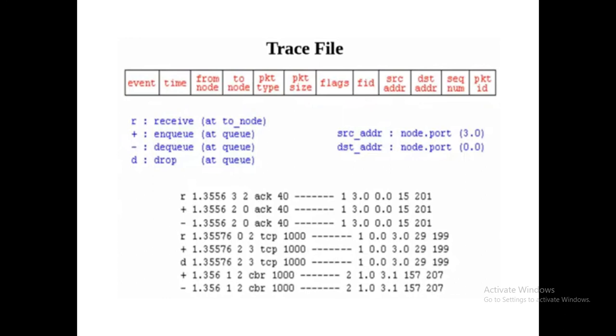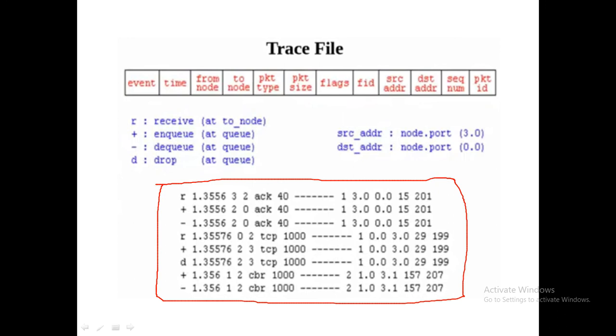So you know that we are going to create one trace file. When you open a trace file, this is the output you can see. It will be a very big file, and all the details will be there in the file. Until you know what these details are, you cannot understand anything. So when you look into a trace file, it consists of many fields. The first field talks about the event. Read what is there: r, plus, minus, d. This is the event field.